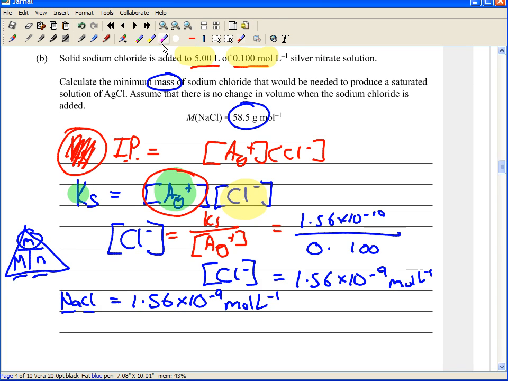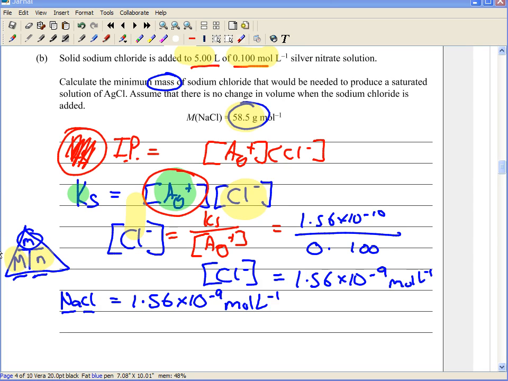Okay, so that's the moles times the molar mass. That one right there. Cool. So times 58.5 equals. And whoops, I'm still in highlighter mode. And that is going to give me